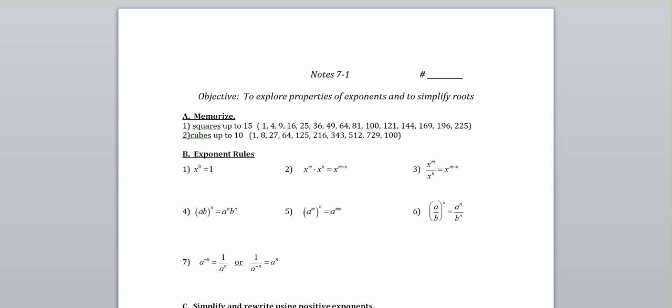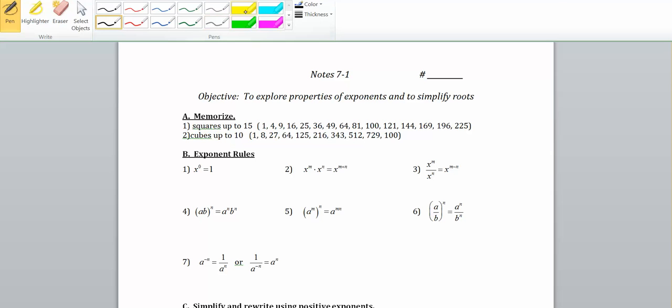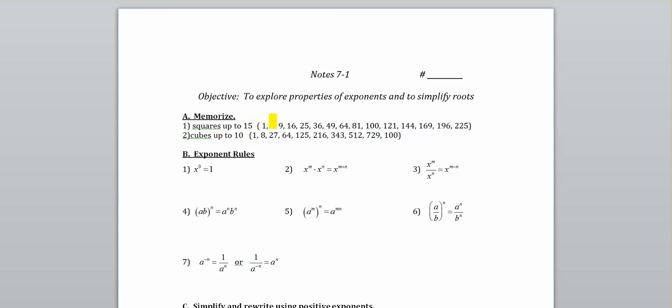Okay, so we're going to explore properties of exponents and to simplify roots. First thing you guys need to do in order to do this effectively is part A. It says to memorize. You need to know the squares up to 15. So all the squares up to 15, from squaring 1 all the way up to 15, you guys need to have those memorized. Most of you have probably up to 10 memorized, so make sure 11, 12, 13, 14, 15,